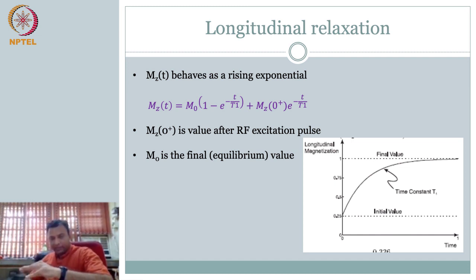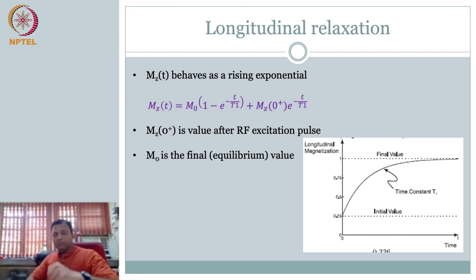Remember, my signal is only the transverse component. So the moment it's dephased, the signal goes down. So there is no fun for me to wait all the time. That means the signal is going down and down and down, right? You're going to hit the noise floor. So I don't want to really wait till it goes and then comes back and then measure within T2 time, right? The signal amplitude. If I want to repeat the experiment, I wouldn't do it. Rather, I shouldn't say it like that. If I want only T2, then maybe I should be able to do it multiple times.